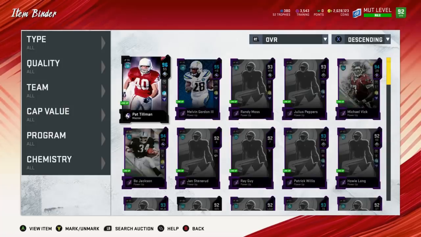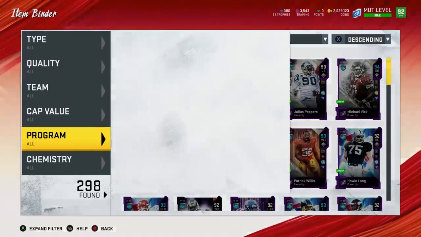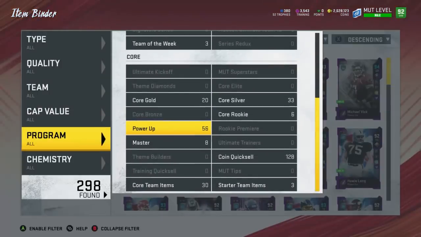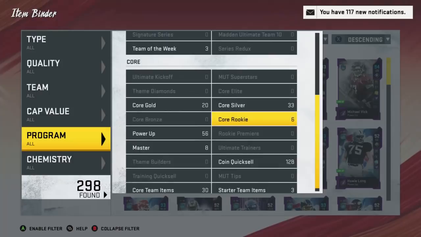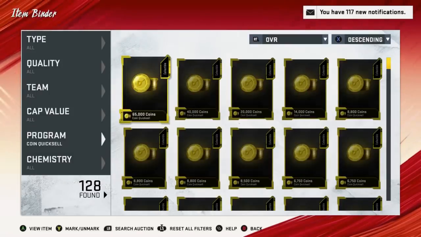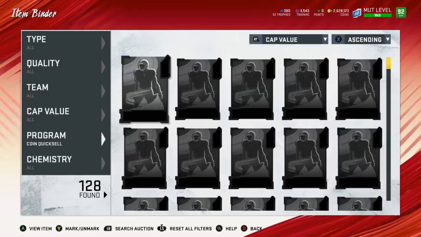I have 2.6 mil right there because I made a Gordon. I made an auctionable Gordon, sold him after taxes, and got 1.3 out of it. He's going for so much. And you guys know how I always save my coin ups after Super Bowls and after seasons. That way I can see how much I made for the day. And so I now have 128 because I just never quick sold them for like the last week and a half,